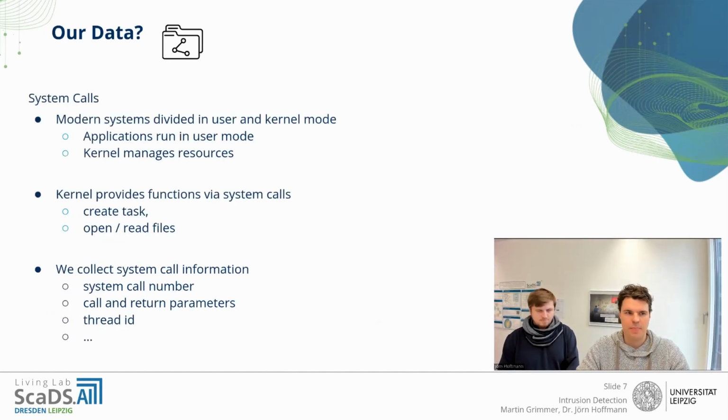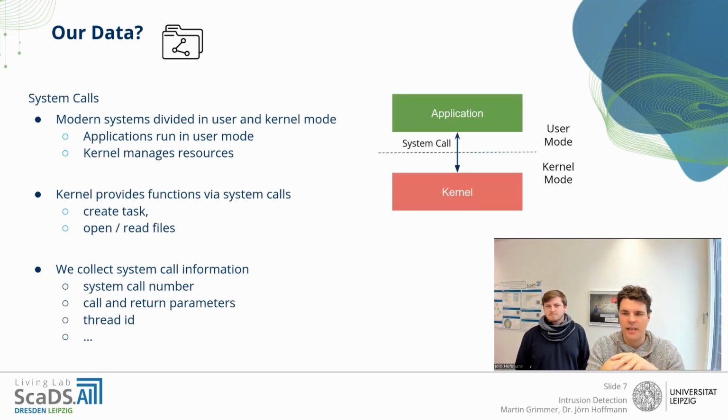Further on, what is our data? Our data are system calls. You have to consider that modern computer systems are divided into two parts. We have the application or user mode, and we have the kernel mode below that. The applications usually run in application mode, and the kernel, or large parts of the operating system like the drivers and so on, runs inside the kernel space, and this kernel manages the resources. If an application wants to access some files or network sockets, or wants to share, gather or free resources,